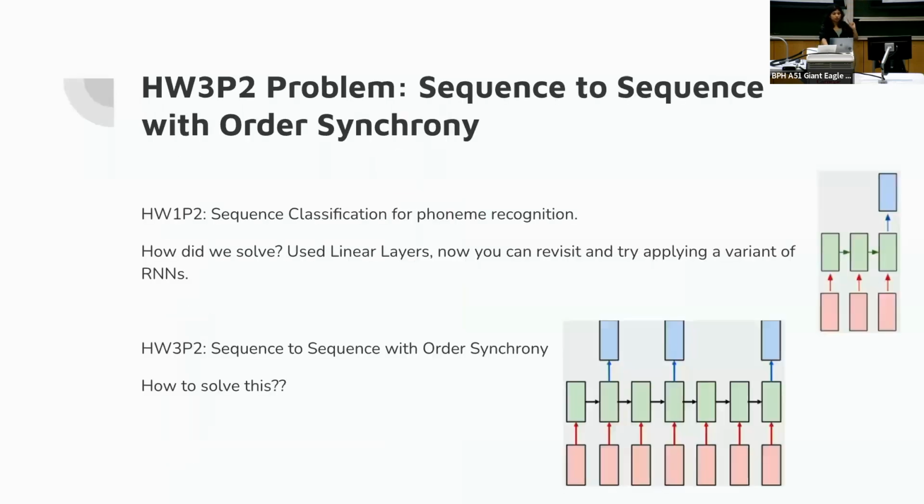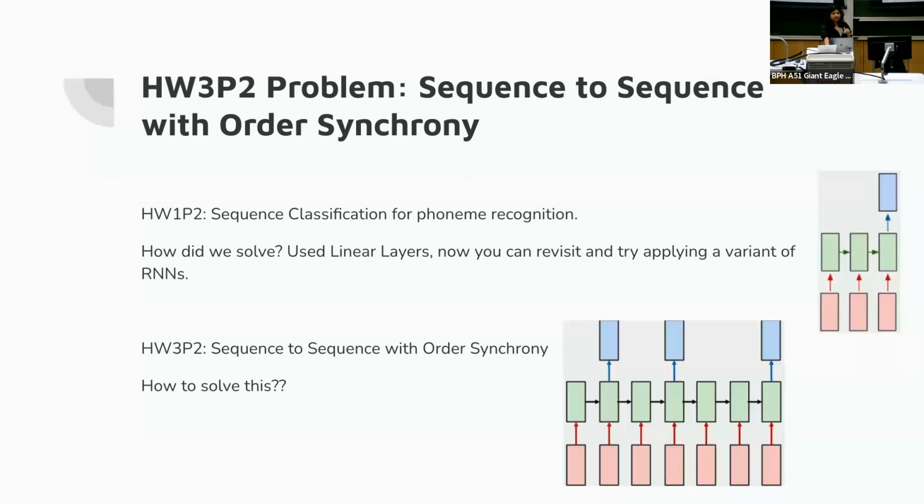So why do we need CTC? In homework 1P2, we made you solve the problem of sequence classification for phoneme recognition. If you remember, there were MFCC features, and for each timestamp you were calculating the probability distributions. So there, you had synchrony. Everything was available to you. For each timestamp, you knew the matching between the input and the output sequence. Now here,